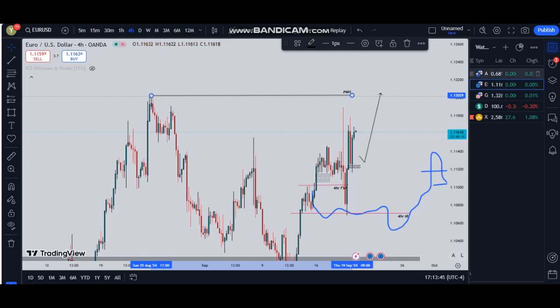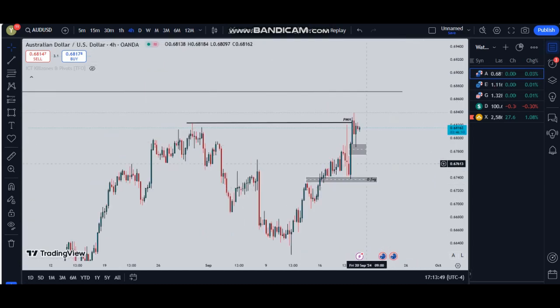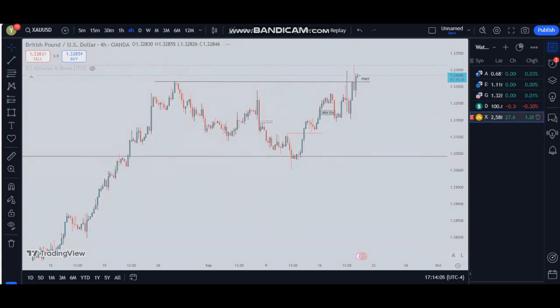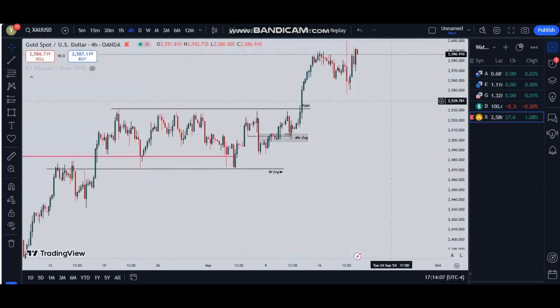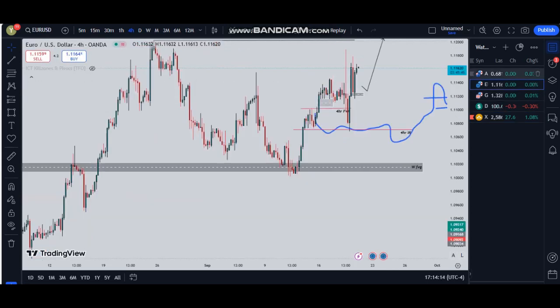Also, I have been looking for this AUD USD. I've been watching that, and this is the direction. So same to EU, I'm expecting some bullish prices, same to GBP USD, but I haven't really watched on gold. But I'm expecting the same, because they are paired against the US dollar. I'm expecting that push going higher. So I think things are playing out as anticipated.